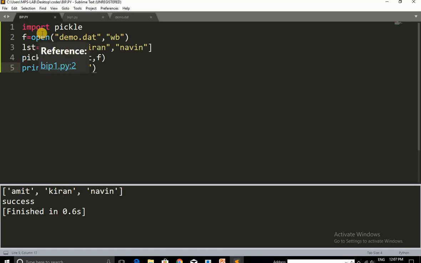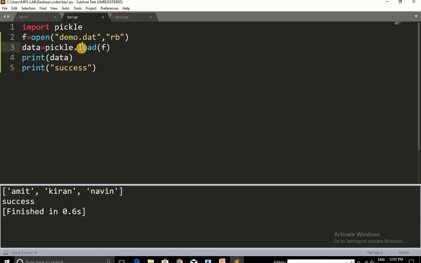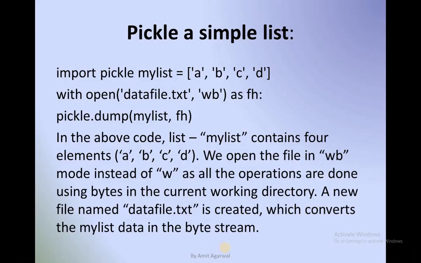So in pickle, we have two functions: dump, which means to write the data into the binary file, and load, which means to read the data from the binary file. Alright, so this is the explanation for the above code. This list, mylist, contains 4 elements ABCD.